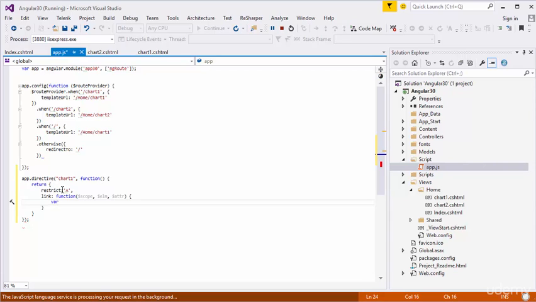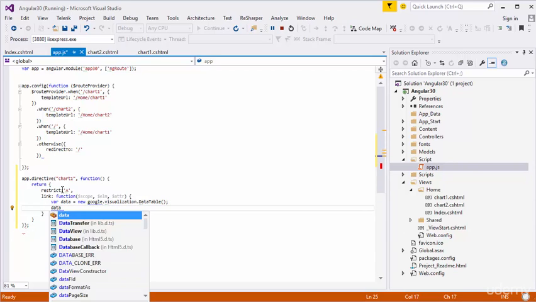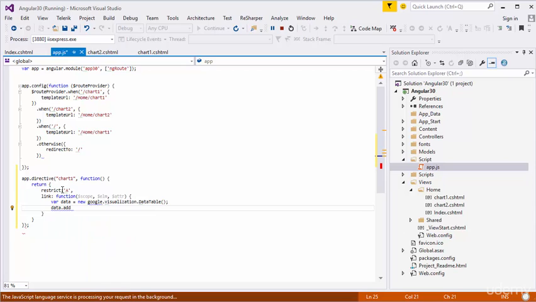For that, I'll create var data equals new google.visualization.DataTable, and I'm going to add two columns to this data table. Add column,